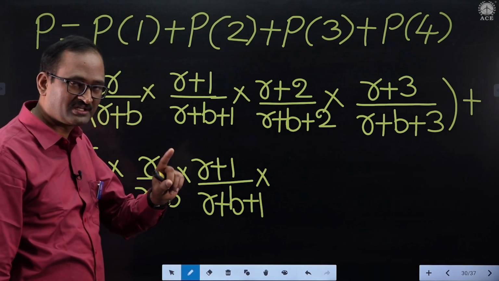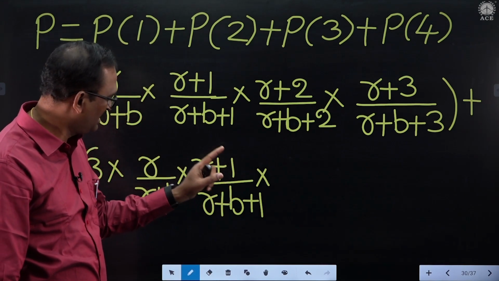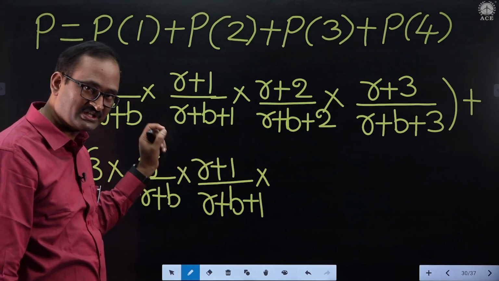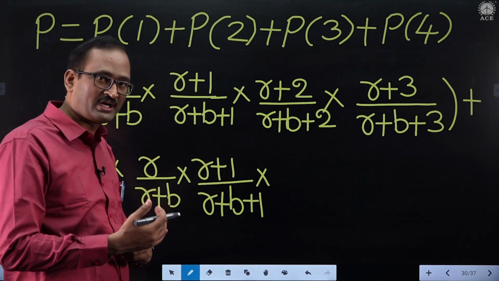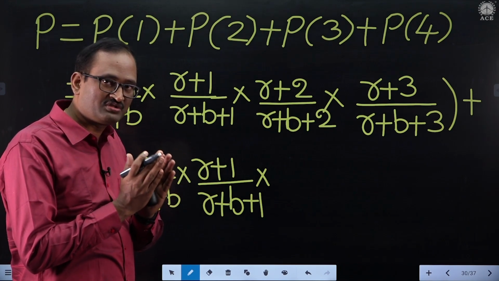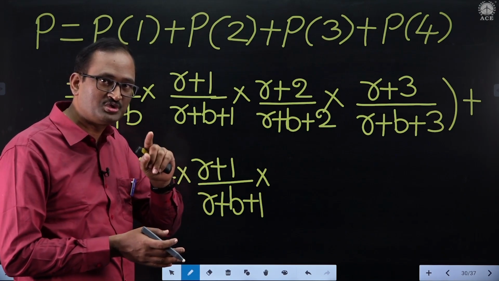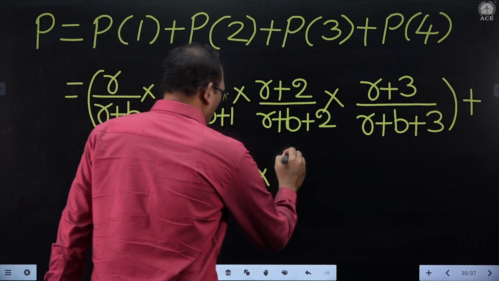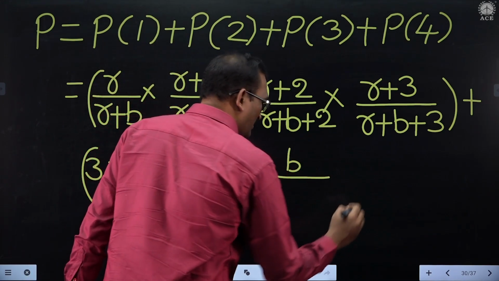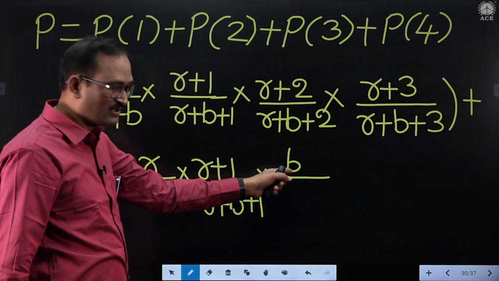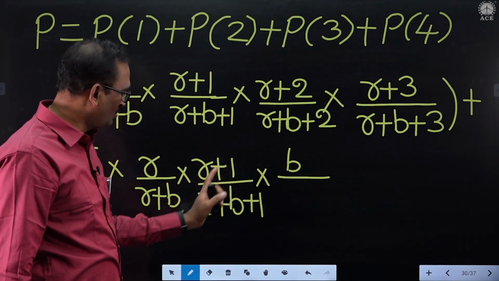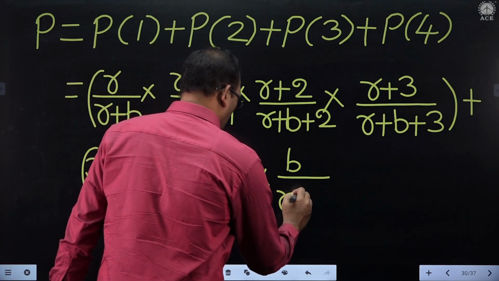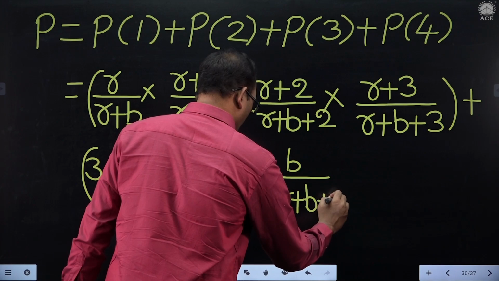Before going to select the third time a new ball, second time one red ball was drawn, it was placed or it was replaced along with one more red ball. Total number of red balls will now be r plus 2, but we are choosing black ball. So total number of black balls are 1 only. So b by total number of balls, total number of black balls b only. Now total number of balls must be r plus b plus 2.